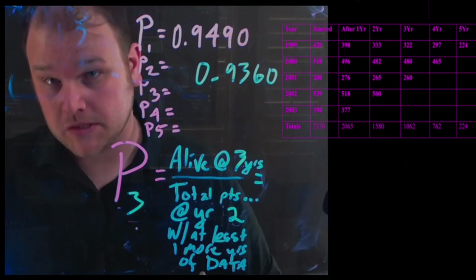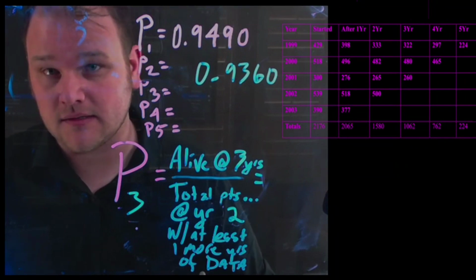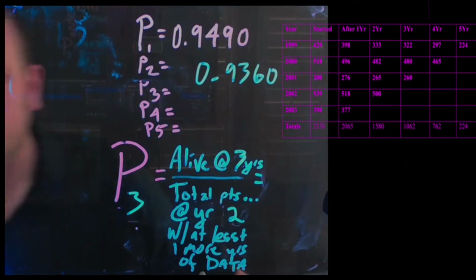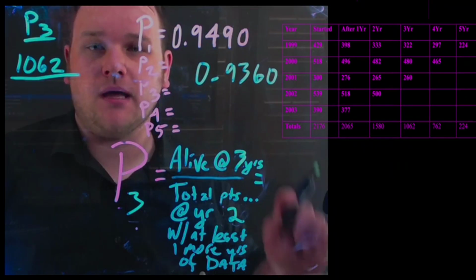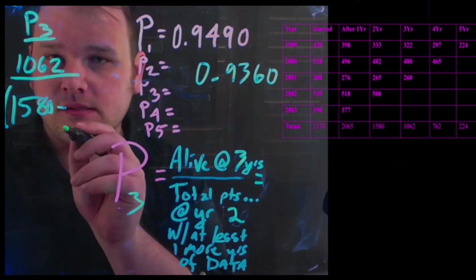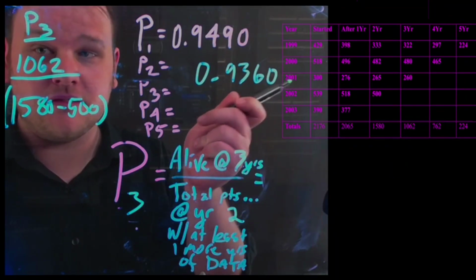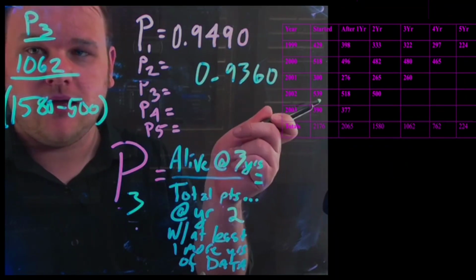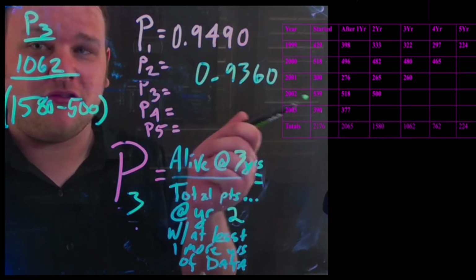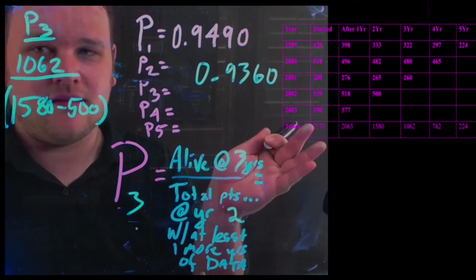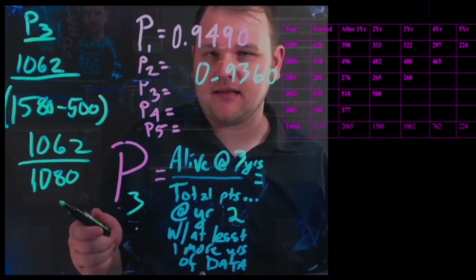So let's find those values in the chart here. Last one was 1580. We're looking at 3 years now, so it is 1062, if I read that right. Yes, 1062. That will be our numerator, our top number, divided by 1580 minus 500. 500 is the number of patients alive from the 2002 cohort at 2 years, and after that, there's no more data. We don't include the 2003 patients alive after 3 years because that data doesn't exist yet. That's why it is empty in the table. So we have 1062 over 1080,